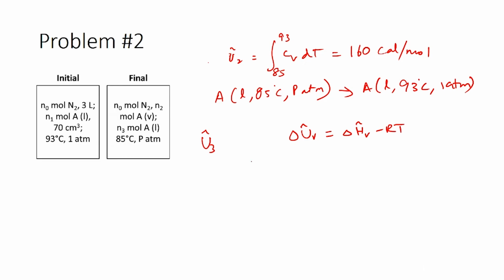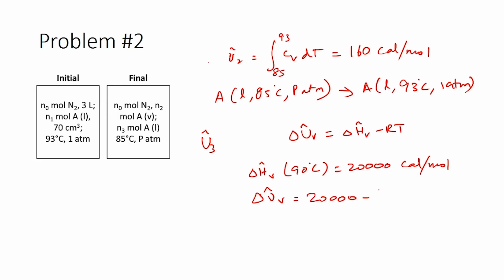In this problem, we have been given delta H cap V at 90 degrees Celsius equal to 20,000 calories per mole, and we can use this to calculate delta U cap V. So, your delta U cap V would be equal to 20,000 minus R, in terms of calories would be 2, times temperature, which would be 90 degrees Celsius or 363 Kelvin. So, this value would be 19,274